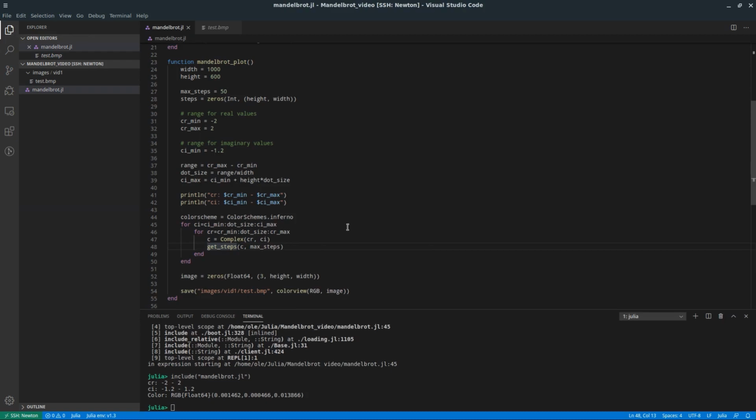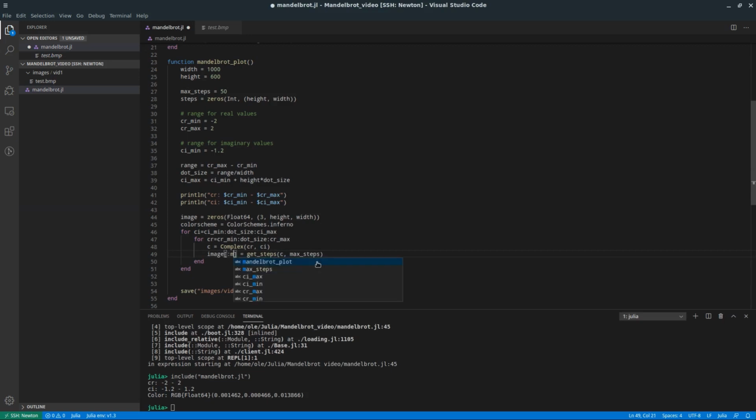Okay, let's do it this way first. We do image, and this is the black image first. We will set every color anyway, but we can then use